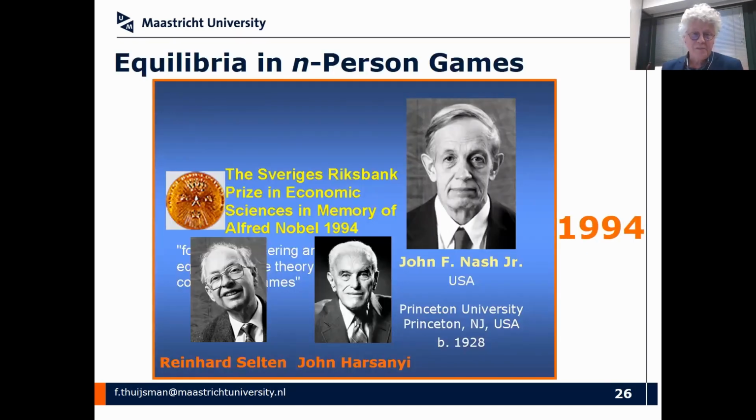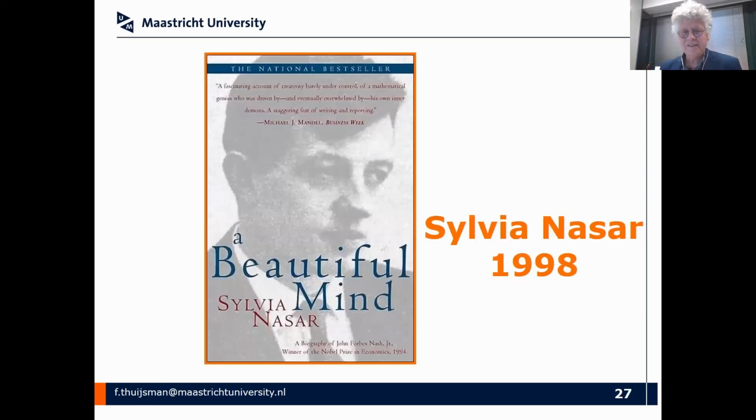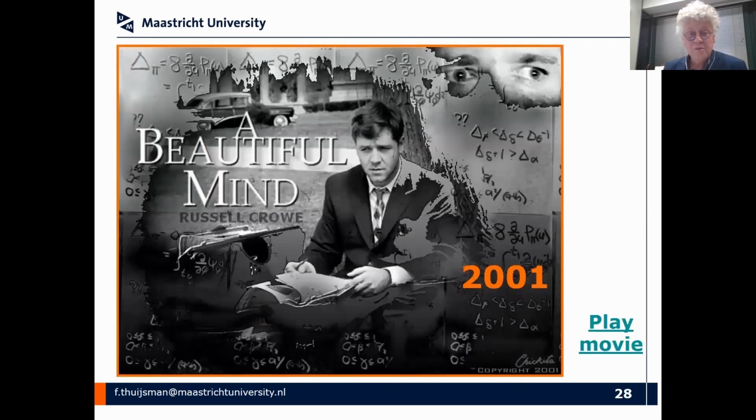John Nash became famous a few years later, in 1998, because this science author, Sylvia Nasar, wrote a book on his life, and the book is titled A Beautiful Mind. And a movie was made out of it a few years later with Russell Crowe acting as John Nash. Now, I don't want to try sharing a movie with sound online, so I'll add a link in the PDF that I send around afterwards. So if you want to watch a short fragment of this movie, in which I would say the director is trying to show some game theory,